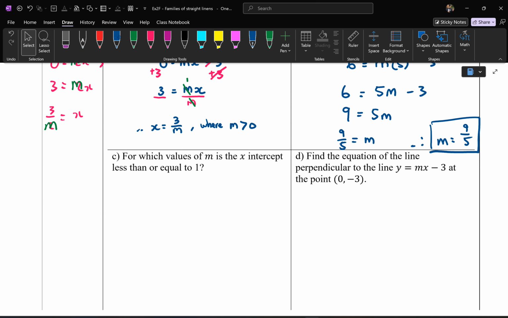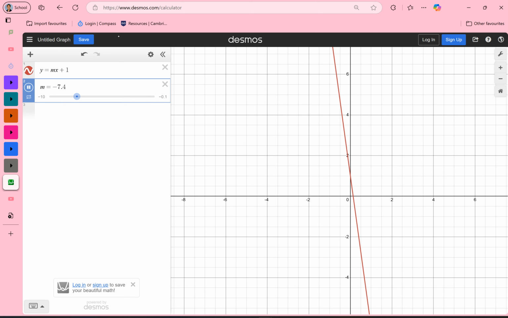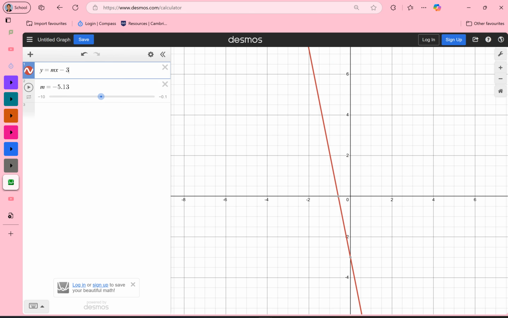I'll help you with a visual idea. Here's a visual idea. Oh, this is still playing. Look at that. So we have mx minus 3, right? And m has to be positive, so I'm going to change this. I'm going to say it's from